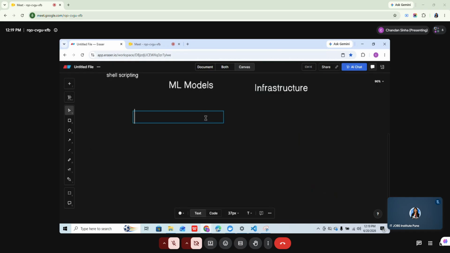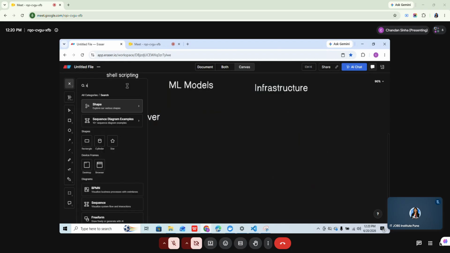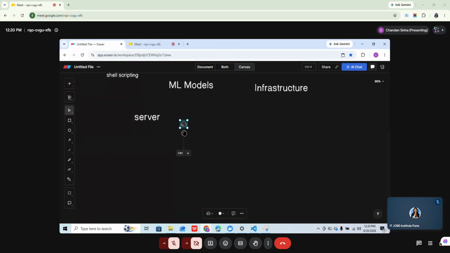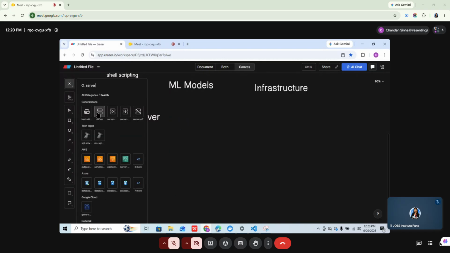You will be thinking, what is this server thing? But in layman language, if I say, your laptop can be a server. So I'll draw something. Server can be,